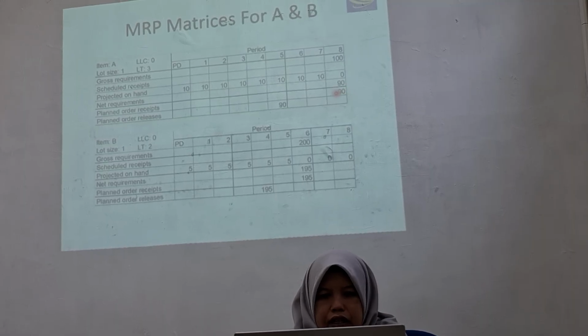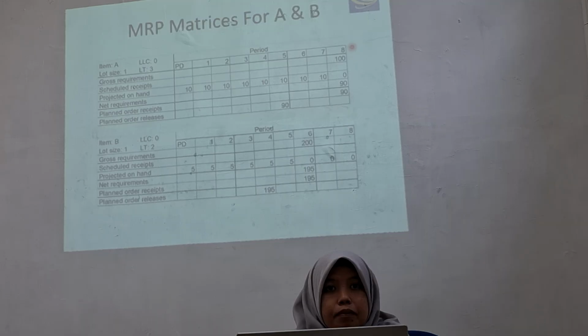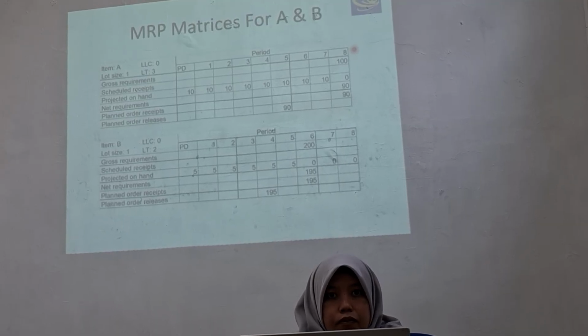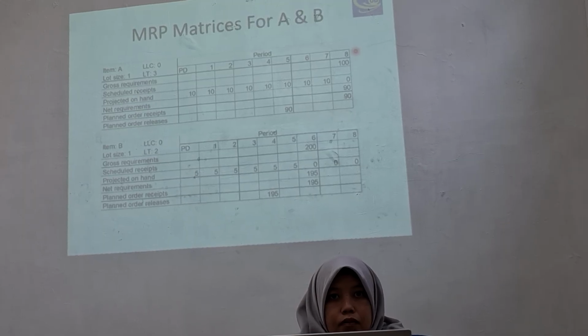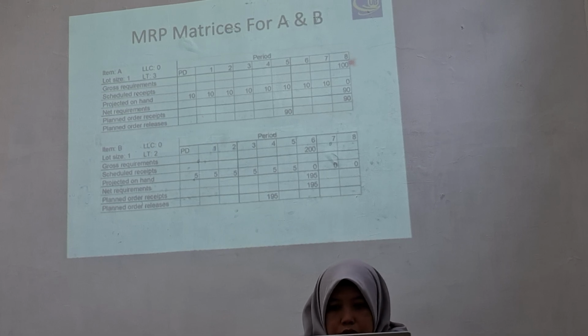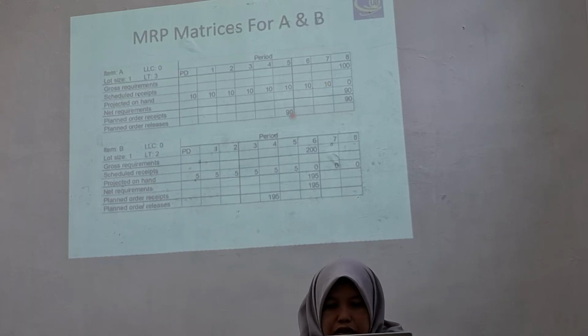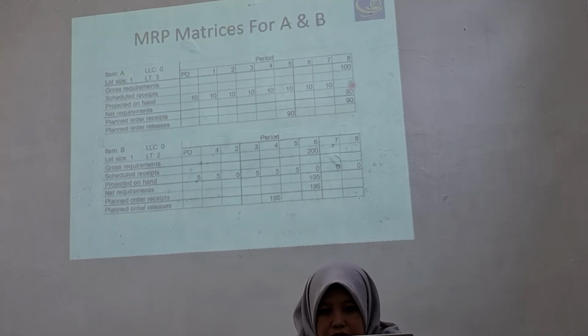Sorry Bu, is the symbol not important for net requirement? Isn't it minus 90? Because 100 minus 10, we have a minus 90 shortage. The symbol doesn't matter in the MRP, like minus or positive. Why minus? Like from the last example, we had net requirement minus 20. I see. Yeah, this is different. Mindset about this one.